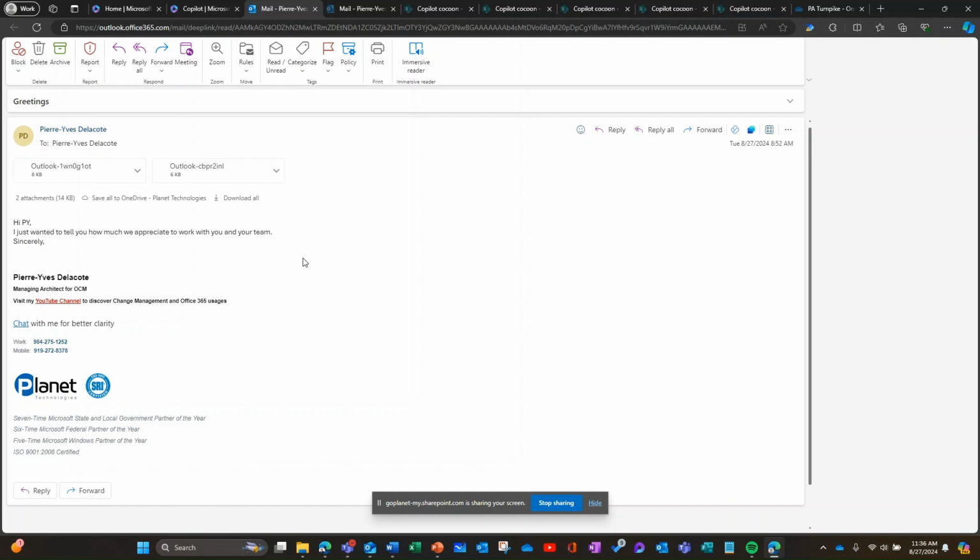Because if it's deleted, Copilot won't have access to it anymore, and it won't be able to come back with a wrong answer. So it's very important to educate users on cleaning information when it's coming, especially from outside your organization. Delete the email when you're not sure of the sender. Don't just keep it in your mailbox, even if you never open it or look at it. Delete it. That's my first advice.